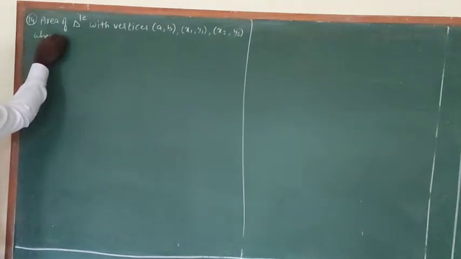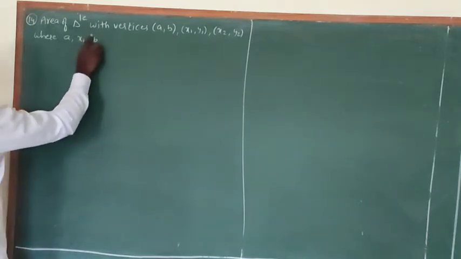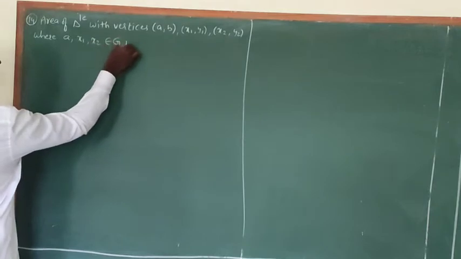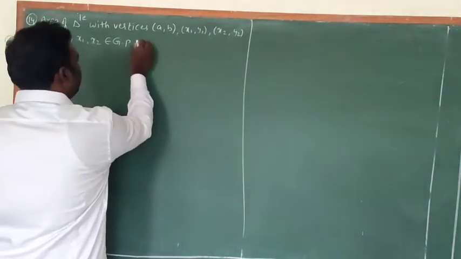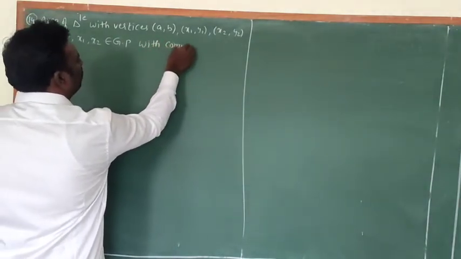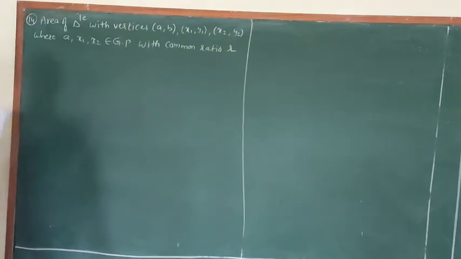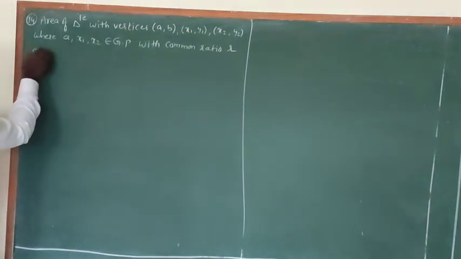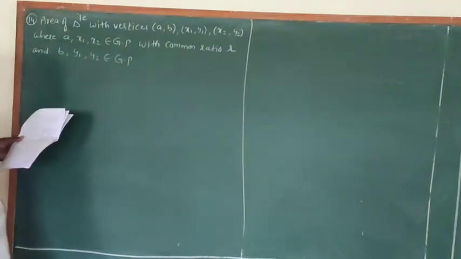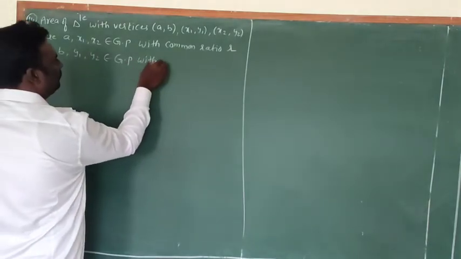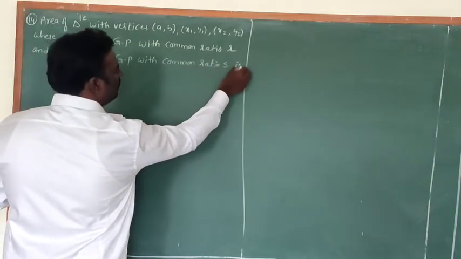where x1 x2 belongs to GP with common ratio r, and y1 y2 belongs to GP with common ratio s, is